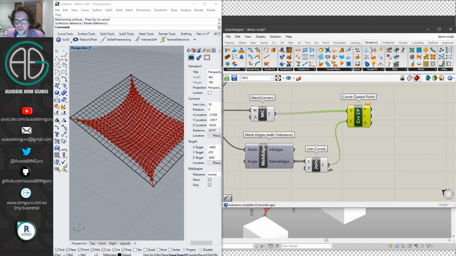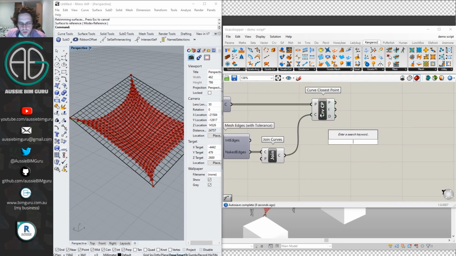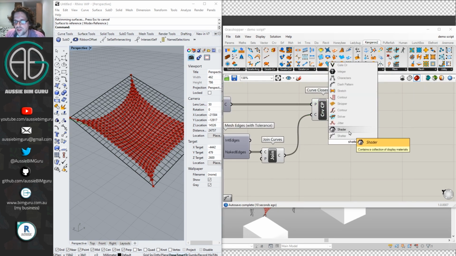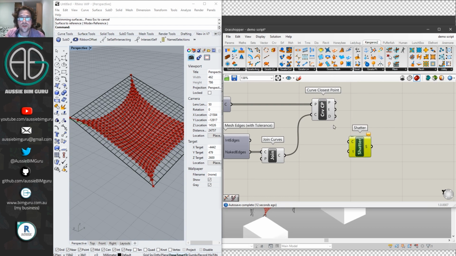So I'll take my point and my curve. And now I'll find the closest point that's exactly on those curves as well. What I can do then is just shatter at those points. So I'm going to break that curve at each of those corners. And this will ensure that I get each of those segments in a clockwise order, ordered from the first point onwards. So now I'll have the ability to find the next point along each of those curves and reconstruct them